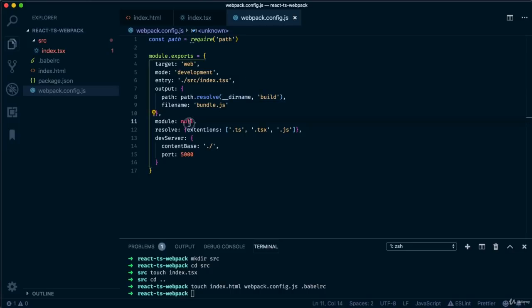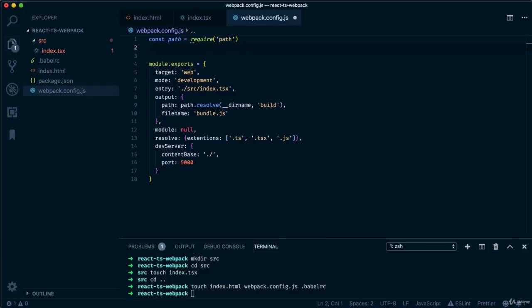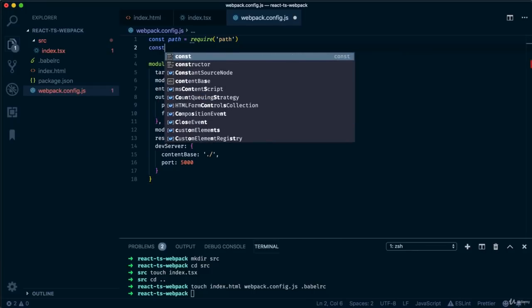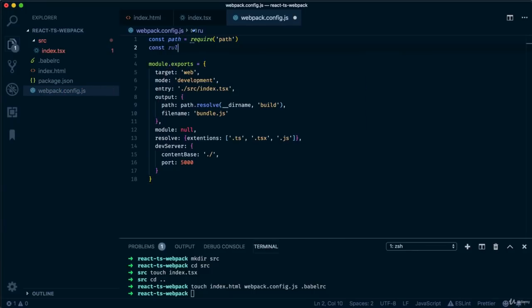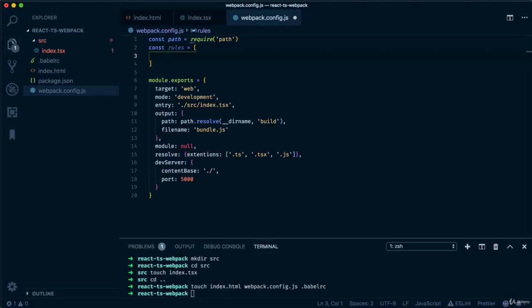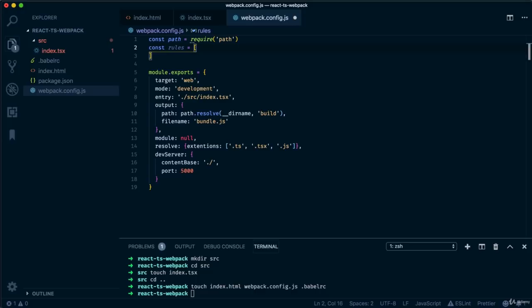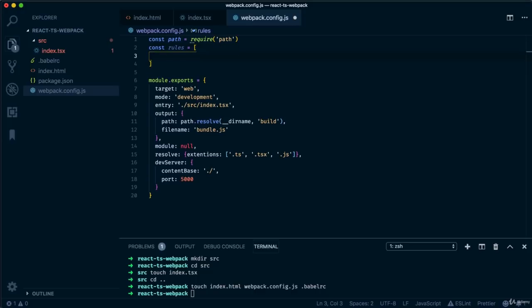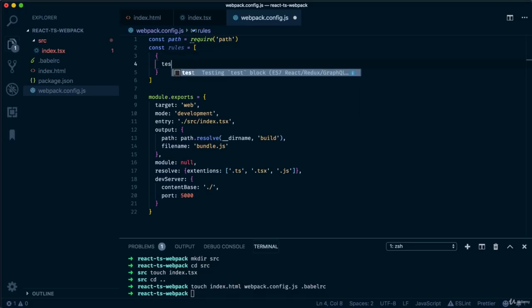Okay, now let's address this. This will take a bit more time to sort out, it won't be as quick as the path one. Let's create a new const variable called rules, and we'll assign it to an empty array. This rules array will be an array of objects. So let's create our first one. Inside it we'll put the key test, and we'll assign it to the value of